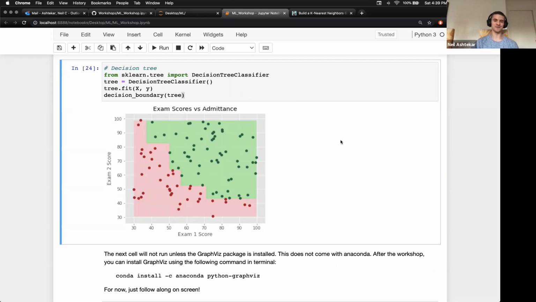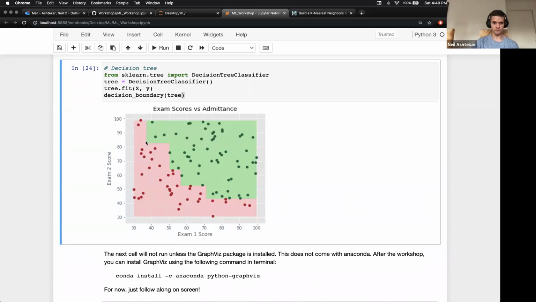So what is this? What's going on here? How do decision trees work? I haven't explained that at all. So decision trees, it turns out, are a very inquisitive algorithm. What do I mean by that? Well, decision trees ask a lot of questions about the data. And it turns out that every vertical or horizontal line here corresponds to a single question being asked about the data. So for example, this line corresponds to the question of, is exam 1 score less than or equal to